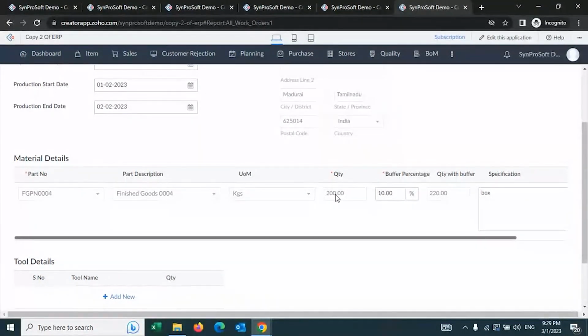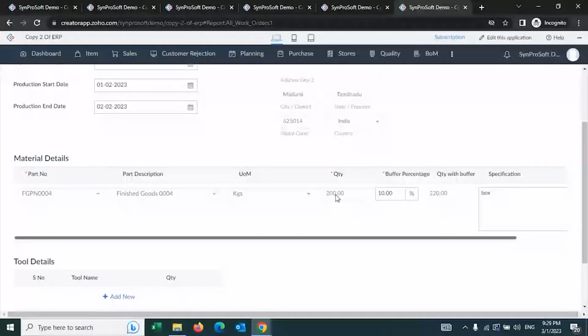You have the option to create a buffer percentage. Sometimes with these products, you may want to add some more quantity as a buffer and store it. It could be due to rejections. It could be because suddenly some other order comes and you may want to fulfill that. As you produce 100, you don't mind producing 110, right? So you can add that as a buffer quantity and then manage. Even the buffer percentage, you can set at item level. For a particular product, can I create a buffer or not? Even this can be defined as a rule in the system and managed.